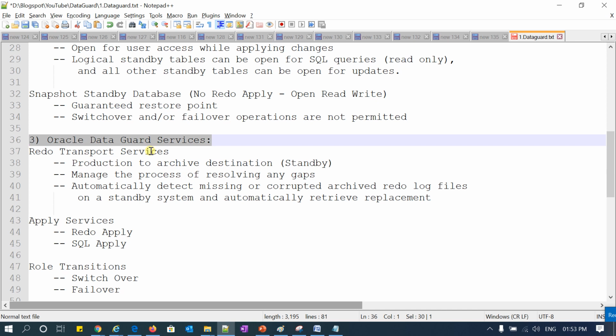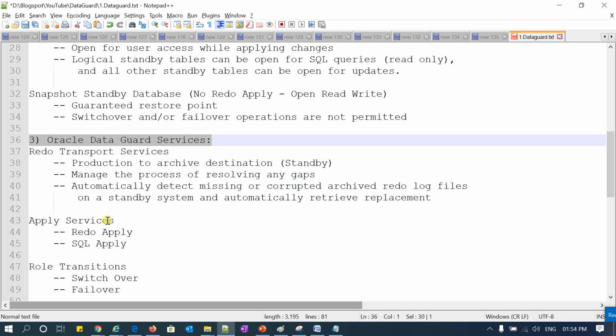It manages the archive gap. When there is an archive gap at your standby side, this redo transport service is going to fulfill that request, and automatically detect a missing archive log or any corrupted archive log at the standby side, and it will resend that particular archive log. So these are the services done by the redo transport service.